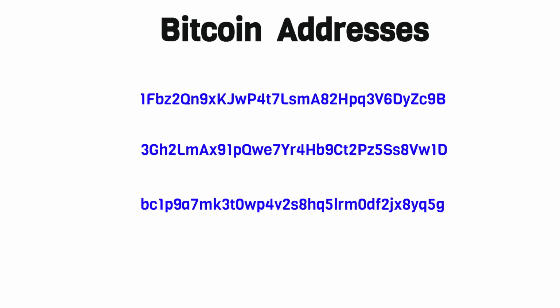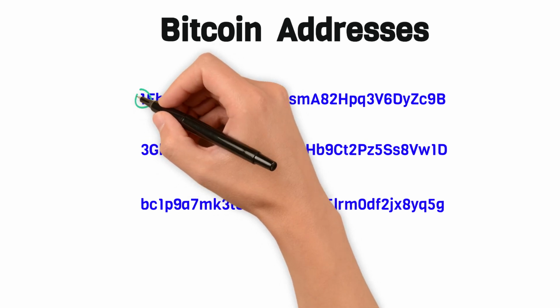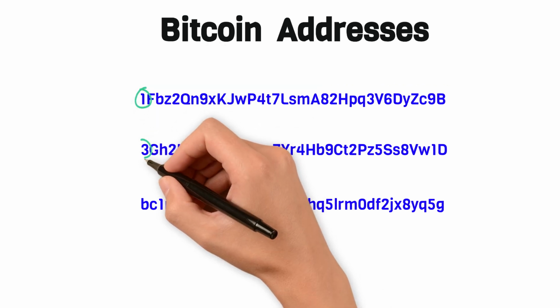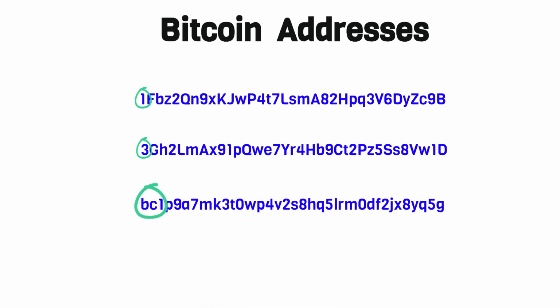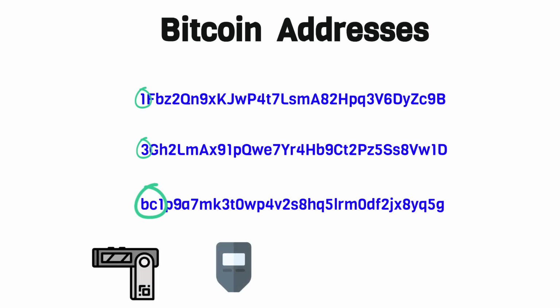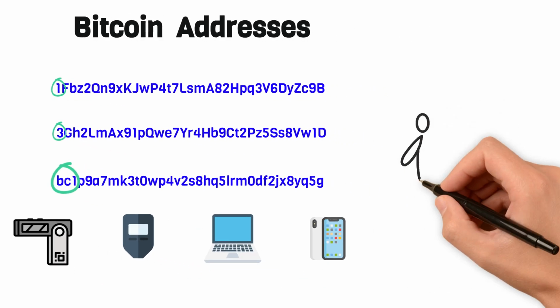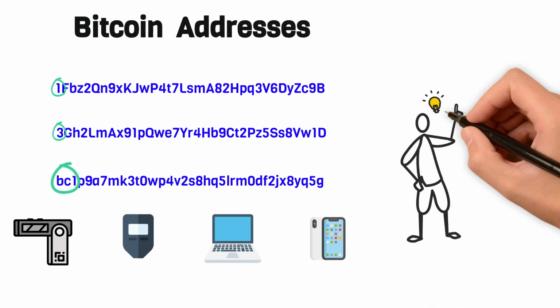And before we finish, there's one last thing worth pointing out. Some Bitcoin addresses start with the prefix 1, others start with 3, and others start with BC1. These are simply different Bitcoin address formats. Depending on the wallet you use, you might see one type or a combination of them. It really just depends on your wallet. I won't dive into those in this video, but if you want a breakdown of what each address format means,